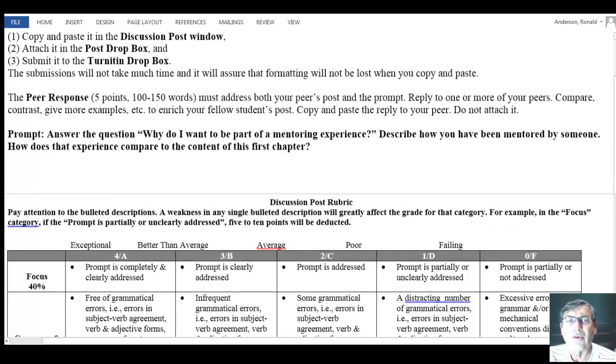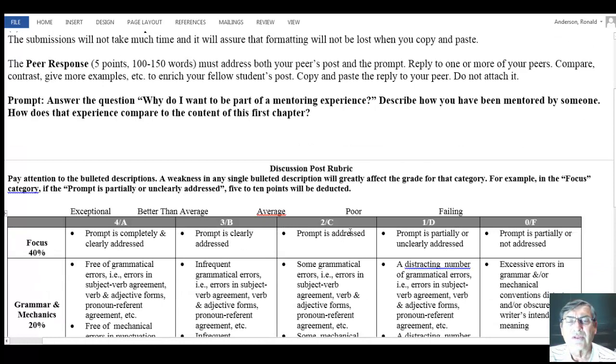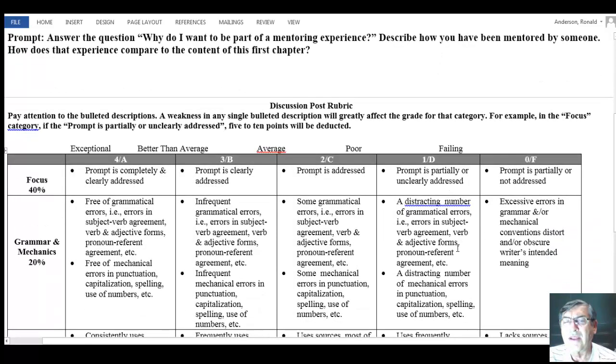You're doing it all. You have not only answered the question, why do you want to be a part of a mentoring experience? You've also described how you've been mentored by someone, and you've also talked about how this experience compares to the content of this first chapter. So you have to do all 3 of those and do them well and completely to get the full points. Otherwise, I will take off 5 points probably. If the prompt is addressed or it's partially addressed, I might take off 7 points. Out of 25 points,